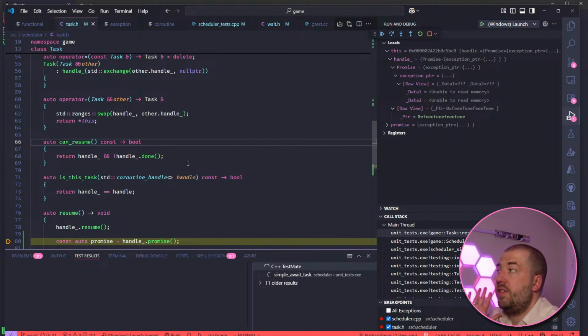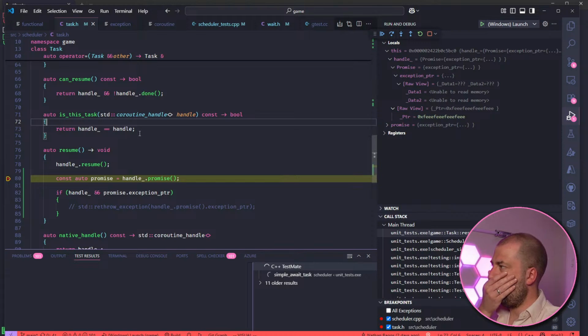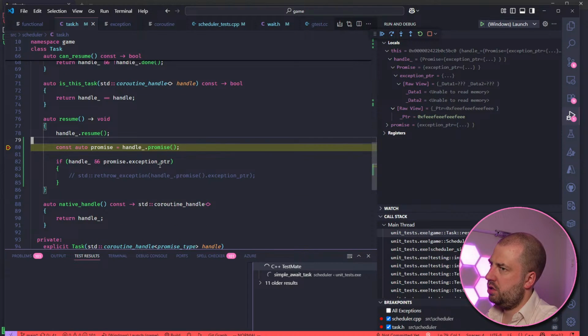The thing is though, after the handle's been resumed, I have to be able to get access to the promise, because if it did return a value, that's the only way to get access to it.